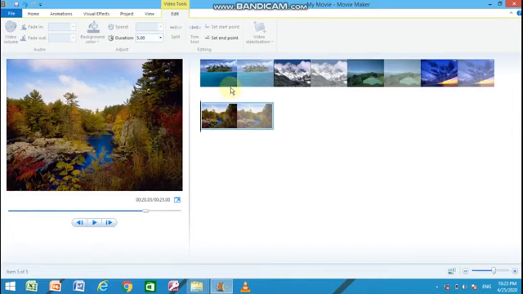Now every picture is set to be displayed for 5 seconds in the video.